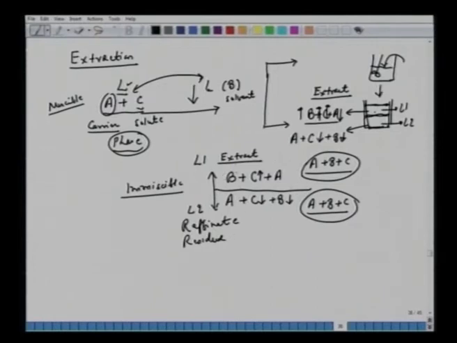But in one case we have the extract solvent, it has taken away with it most of the C, and the second phase has feed A, which we wanted to purify, we wanted to remove the C out of this. It will contain some amount of C, and there will be some carryover of B. So there is a partitioning of A, B, C in both phases. All right. So this is a difference, try to appreciate the difference between this unit operation, extraction, and the previous two which we discussed, absorption and distillation.